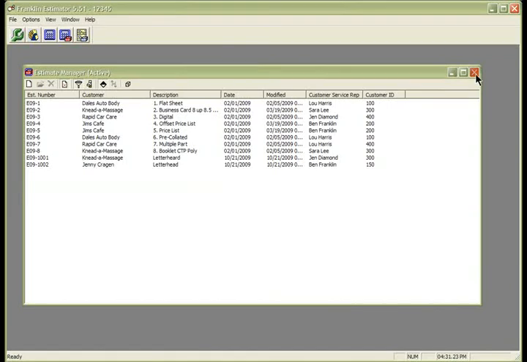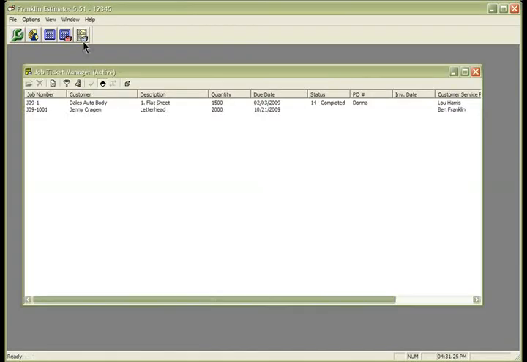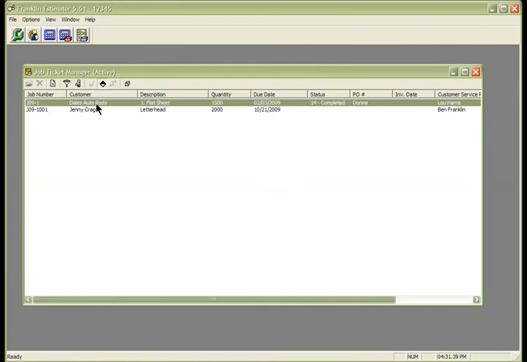The next section we have after the Estimate Manager would be the Job Ticket Manager. This is where you can manage and maintain your job tickets. It works exactly the same way as the Estimate Manager does. We have an area here for active and inactive, where we can designate whether jobs that are in the shop right now actually are having production done to them, or if they're inactive and don't have production done to them,